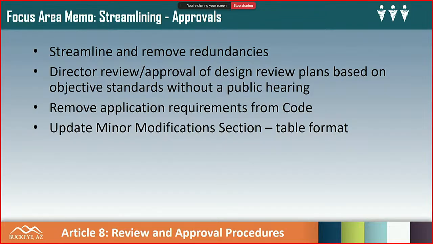And then we are talking still about design review, taking a look at the preliminary plat and final plat administrative reviews and seeing whether it makes sense to apply that as well to our design review processes. Our strictly design review processes, so not a site plan, those already are generally an administrative thing, but we could also look at whether or not we should revisit the thresholds on our site plan approvals as well. But again, that's an item where we're looking to be consistent with what other jurisdictions are doing and picking what makes the most sense for Buckeye as well.